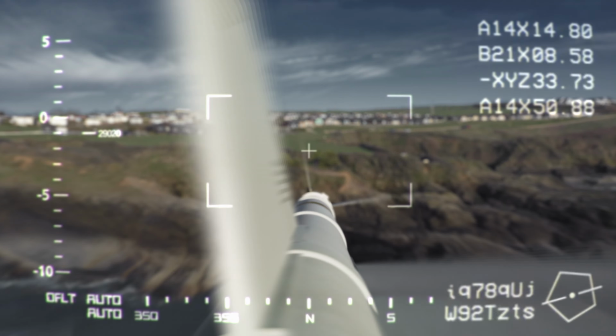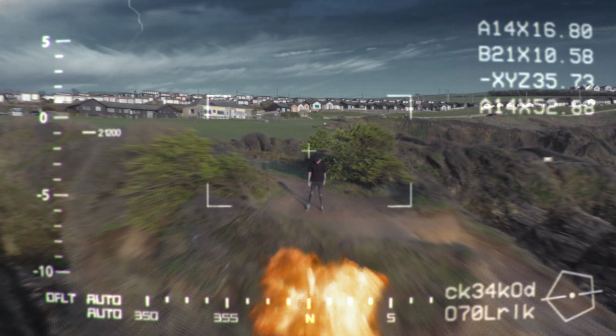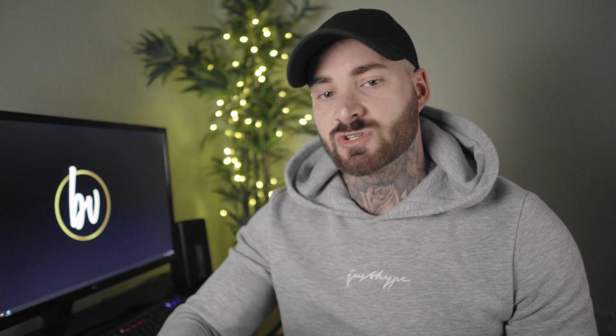Having a 3D model of your scene is one thing, but having the camera data as well enables you to recreate your whole scene inside of Blender and easily composite it back into your footage. This technique plays a huge part in how I created this missile effect in an upcoming project, which I will be breaking down in a future video, so make sure you subscribe to see that.